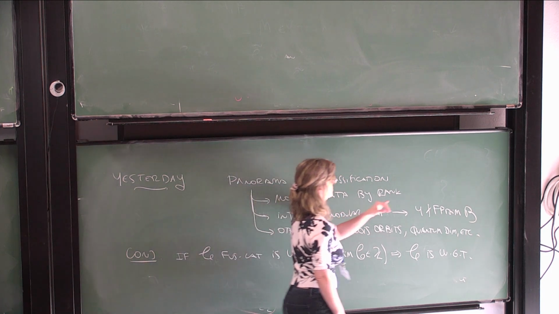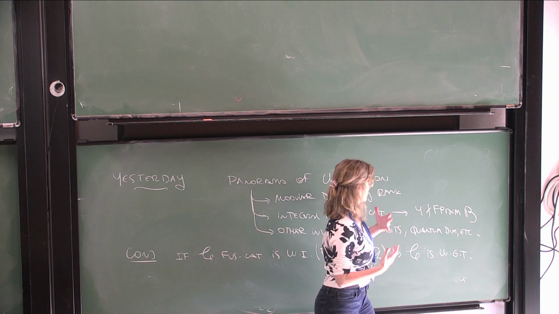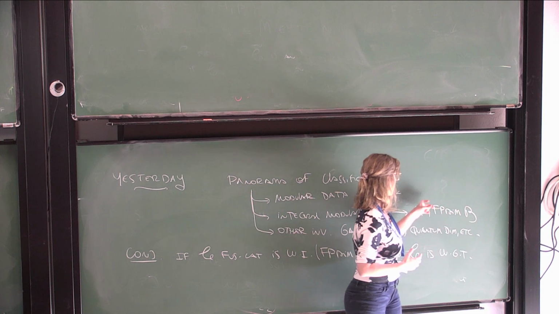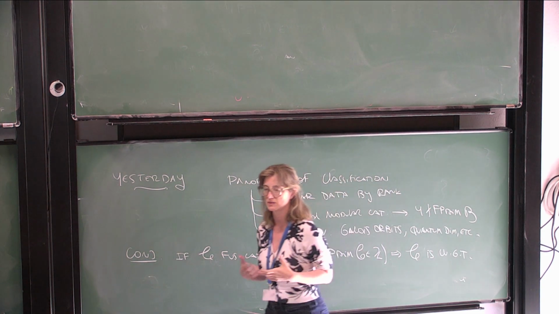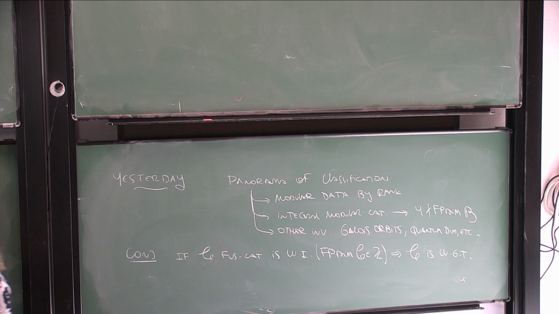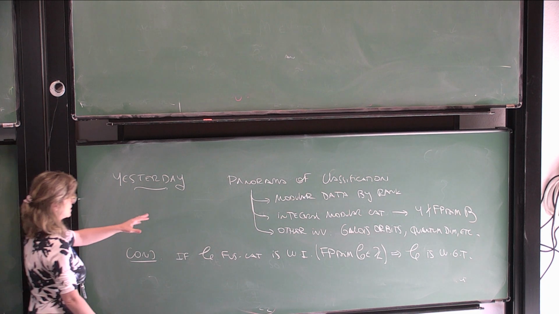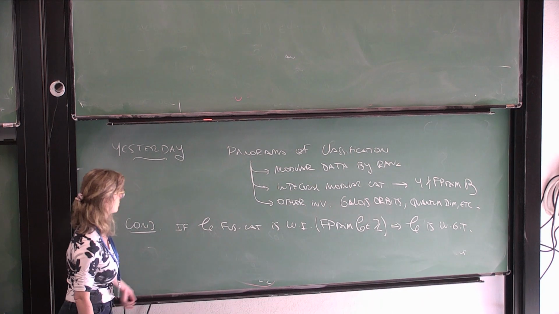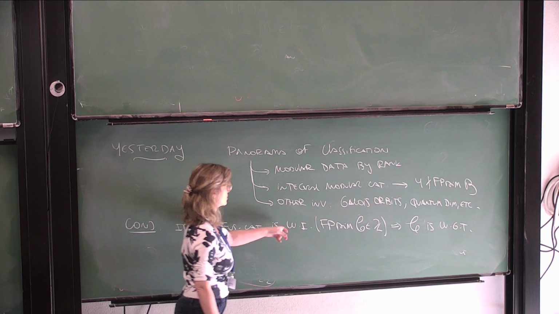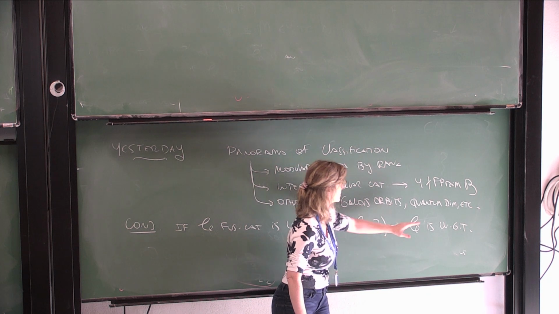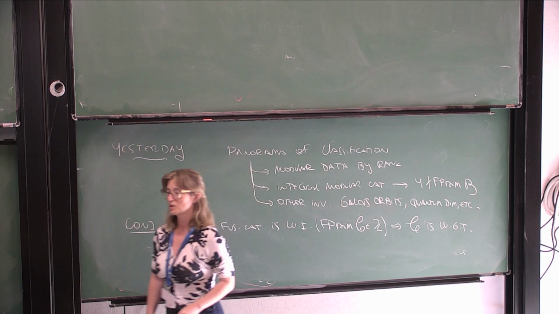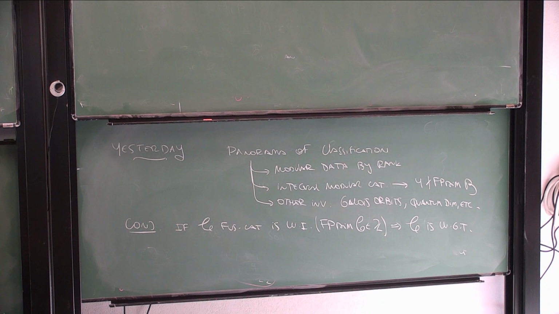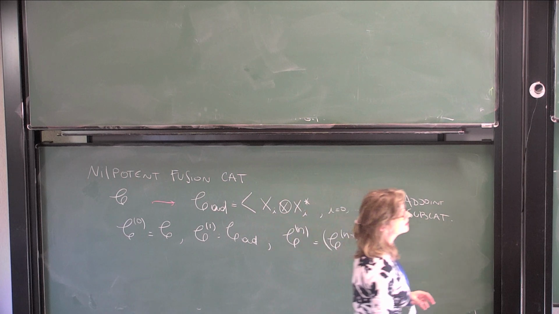And if you go even further and you restrict that the dimension of your category is an integer, but also some restrictions on it, like divisibility odd or not divisible by 4, we got more results, so up to higher rank. And that gives us some ideas about how to tackle this conjecture, the weakly integral conjecture from 2009. So remember, this conjecture was, if you have a fusion category that is weakly integral, meaning that the dimension is an integer, then it's weakly group theoretical. Weakly group theoretical was just that the center of this category is braided equivalent to the center of a nilpotent category, which I will review the definition in a minute.